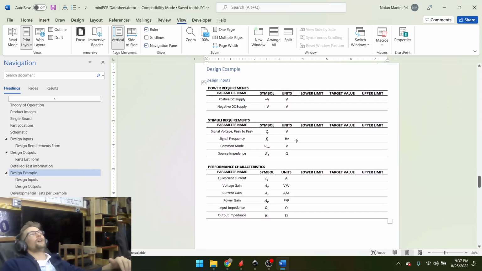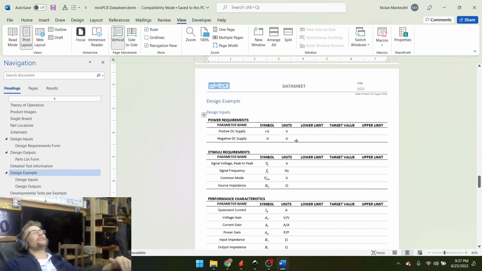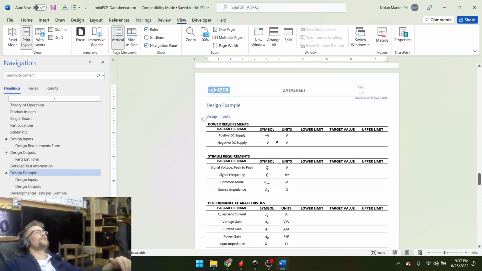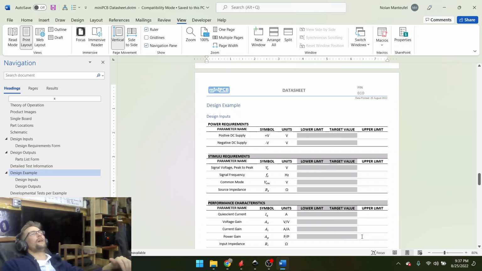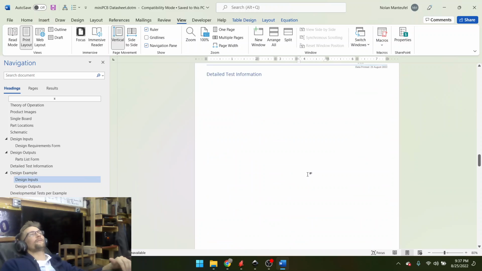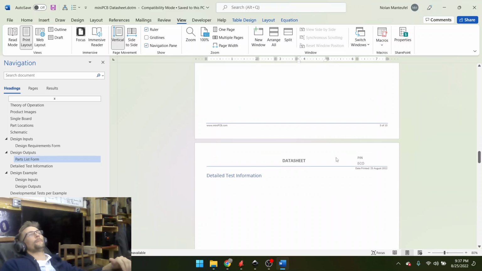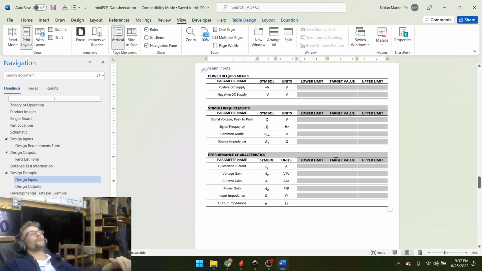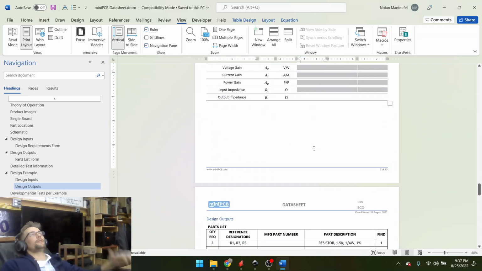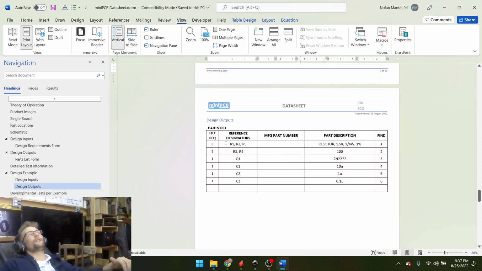After that, I'll give you a design example. The design example is going to be completed, because the first one was a form, so this one's blank. This one will be completed with requirements and characteristics. And then you'll have a parts list, which is slightly different than the one on the top. This one will have a quantity column, and then I will